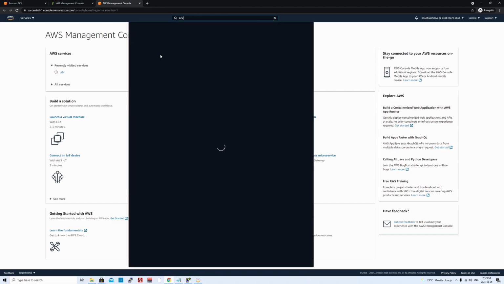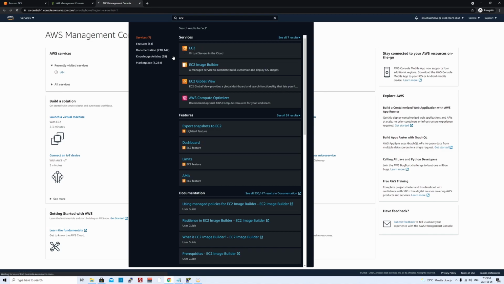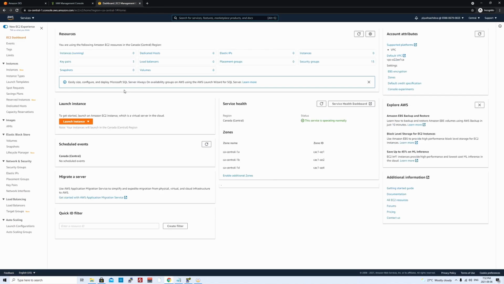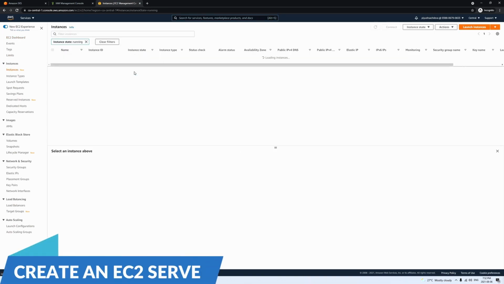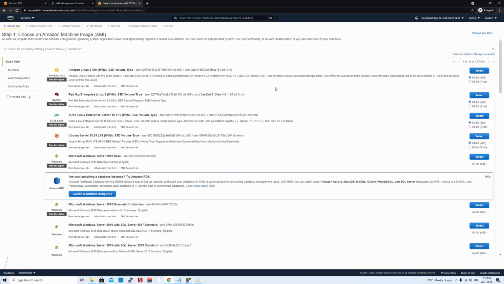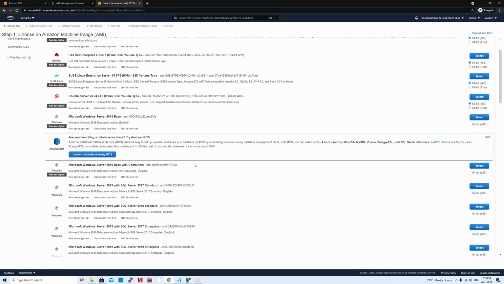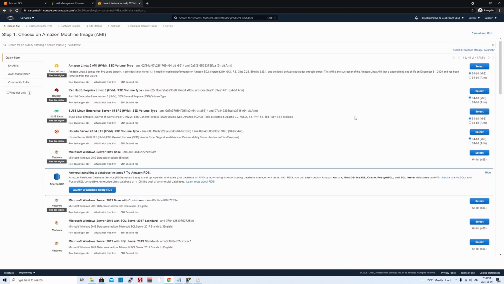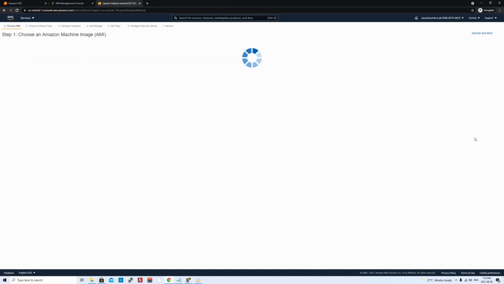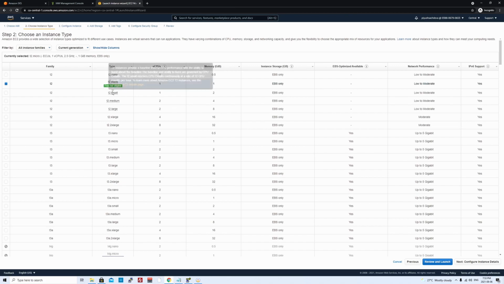So I'll just go over here, I'll search for EC2, and I'll select a virtual server for this purpose. I'll go to instances. Okay, I'll hit on launch instance. I'll select AMI from the available AMIs. So I'll select the Ubuntu AMI. Here it is. And I'll keep it like the smallest possible family size, which is T2 micro and which is free as well.